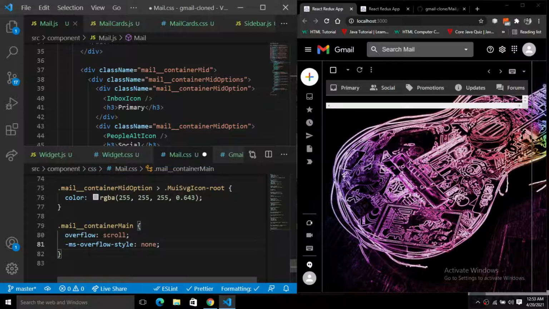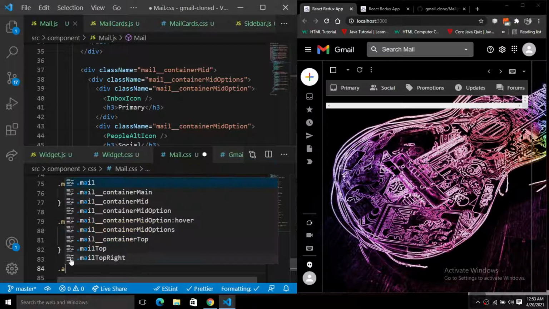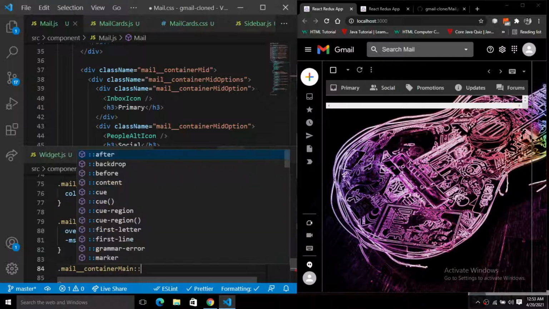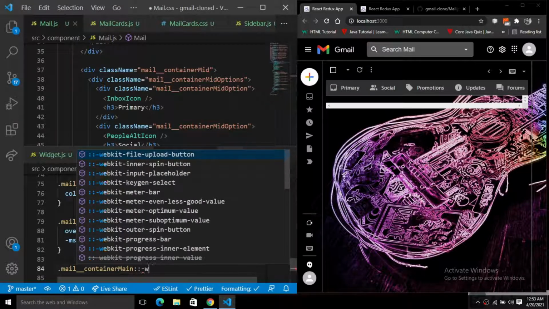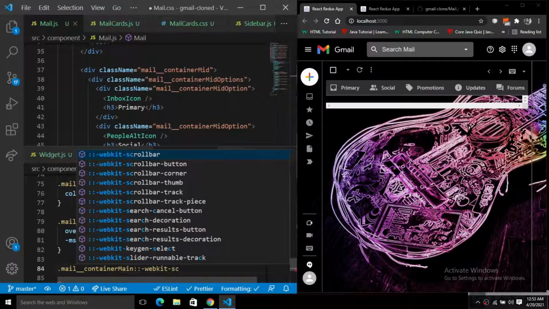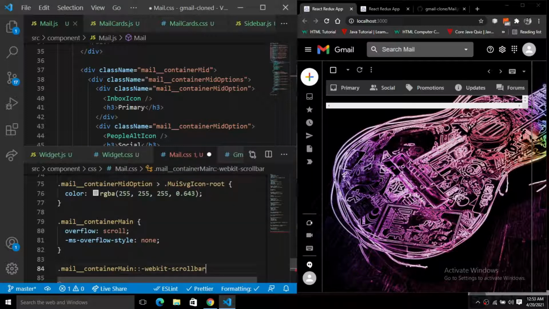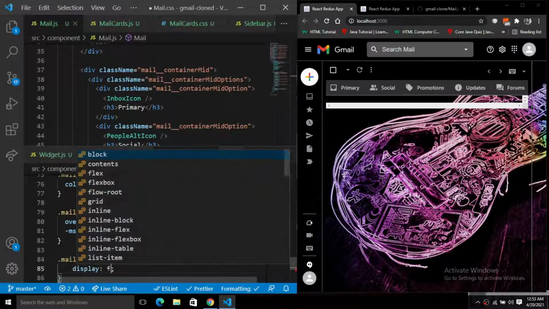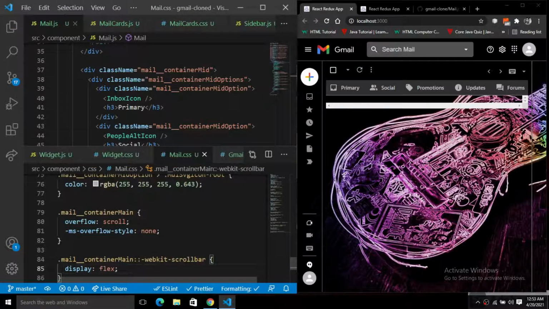And the last, the mail container main. Okay, so here we have to put a WebKit scroll bar. So WebKit scroll bar, just put the display of flex, right?